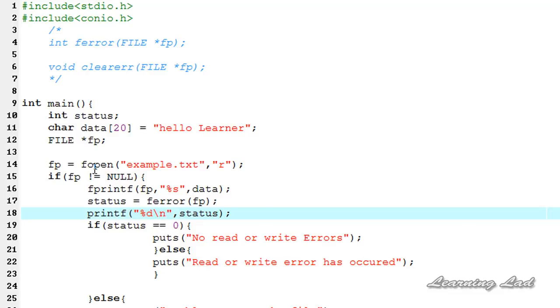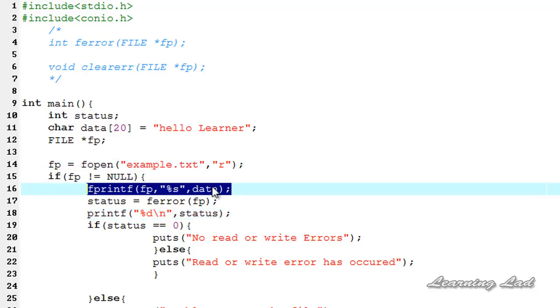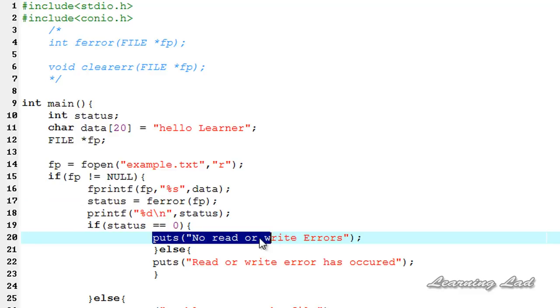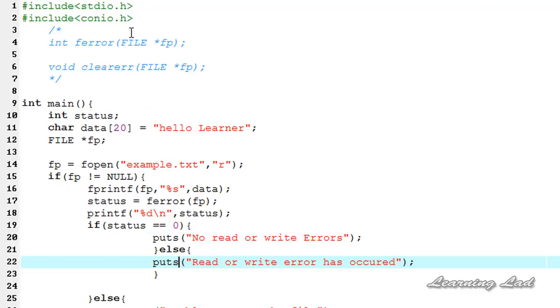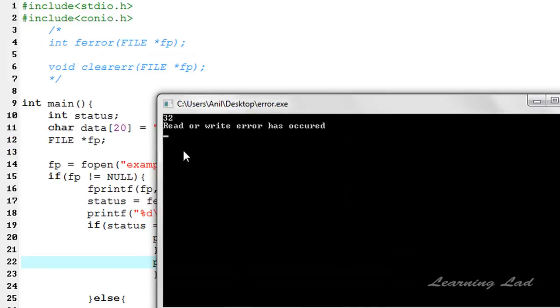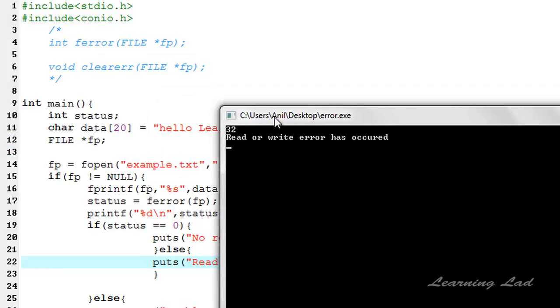Now we have opened the file in read mode and we are trying to write to the file, so it's gonna result in a write error, and we are checking whether an error has occurred or not using this ferror function, and depending on the return value from this ferror function, we are printing out the appropriate message. So I'm gonna compile and run. You can see here the return value from this ferror function is 32, and it said